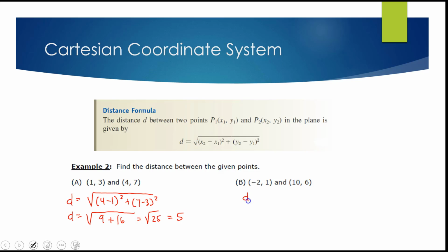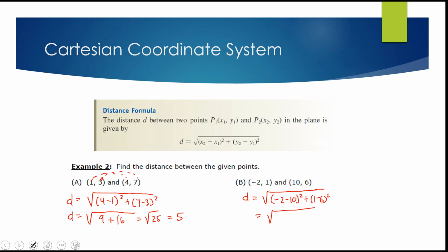I'll do the same thing over here. D is going to equal, now it doesn't matter which order you subtract them. Generally if I do the y coordinates in this order, I'm going to do the x coordinates in the same order. But that doesn't even matter in this one because we are eventually squaring them. So if I do negative 2 minus 10 squared plus 1 minus 6 squared,